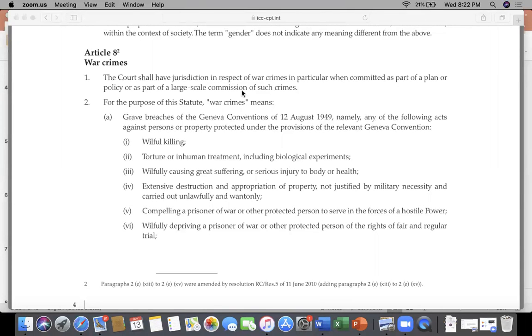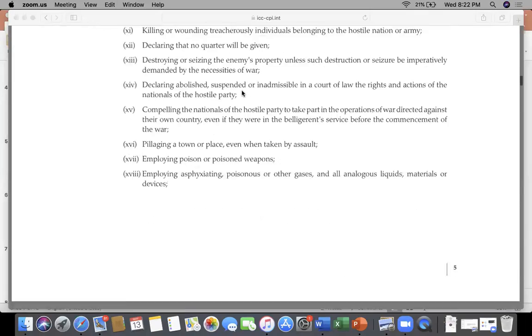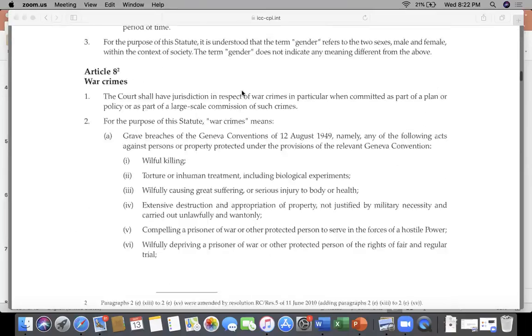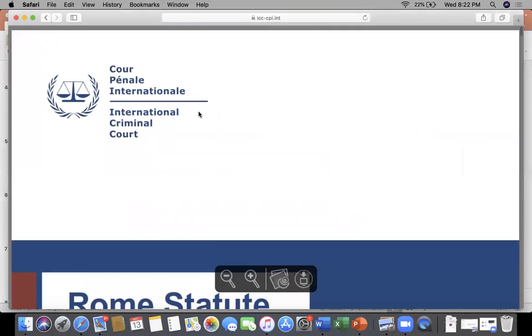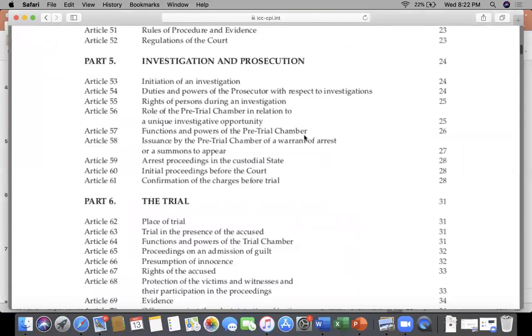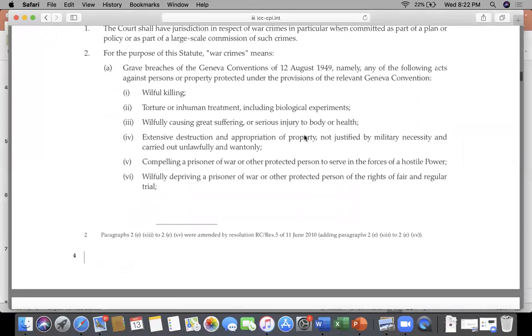Now, war crimes are divided into 4 categories. If you look at Article 8, you will find the 4 categories of war crimes. 2 categories are there for international armed conflicts. So the first category is Article 8, paragraph 2, subparagraph A, which says grave breaches of Geneva Convention. Torture. The torture is the grave breach of Geneva Conventions. And then inhumane treatment,